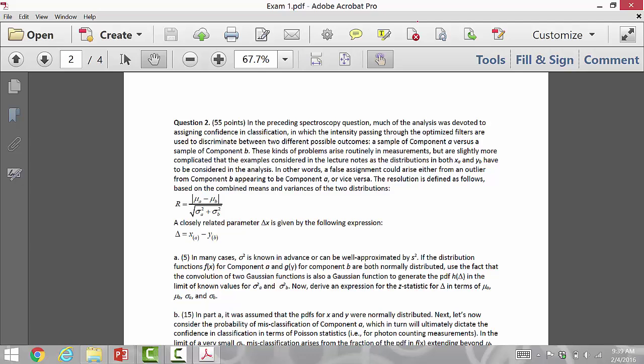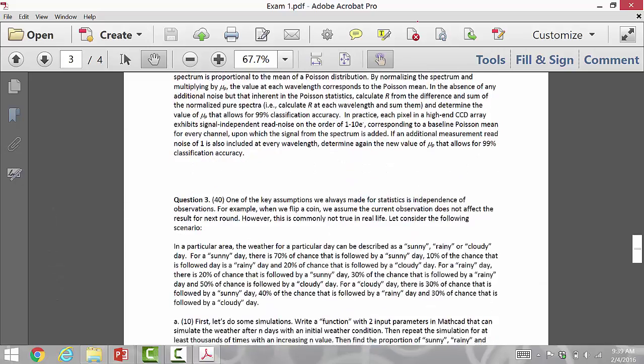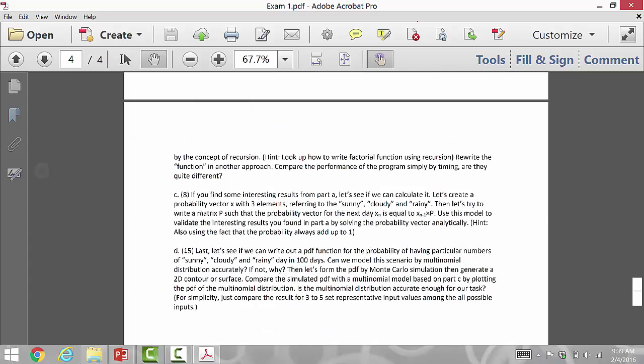You still need to use MathCAD in order to generate the images and generate the data and display and do the plotting and the histogramming and all that. But you won't actually need to do any programming per se for question 2. There's a lot of analytical pencil and paper stuff on that one as well. And then question 3 is, again, a programming question that you will need to use programming for. In terms of the format for the exam,